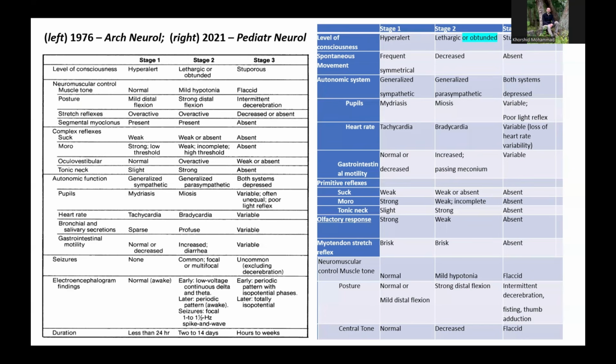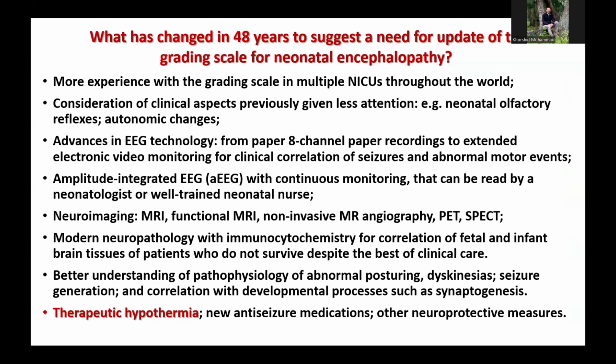And on the right is a table that we are trying to make some more modern modifications of it. And so what has changed in these 48 years to suggest a need for update to the grading scale for neonatal encephalopathy? Well, in the first place, we have a lot more experience using the grading scale in multiple NICUs